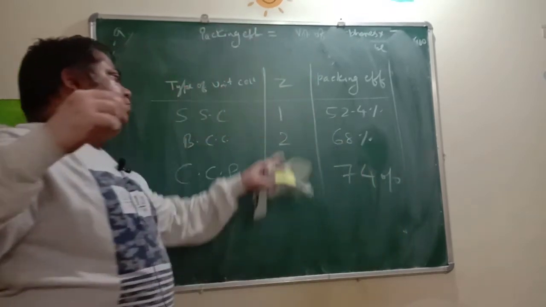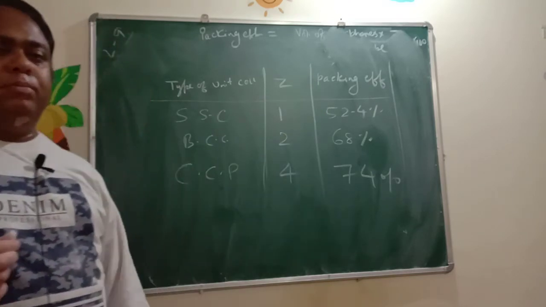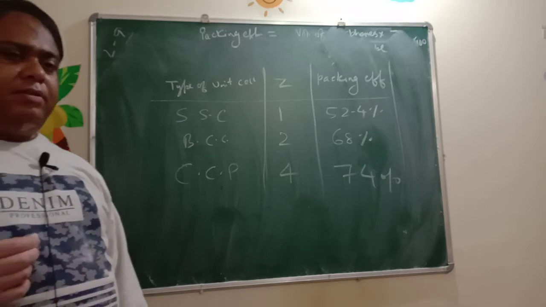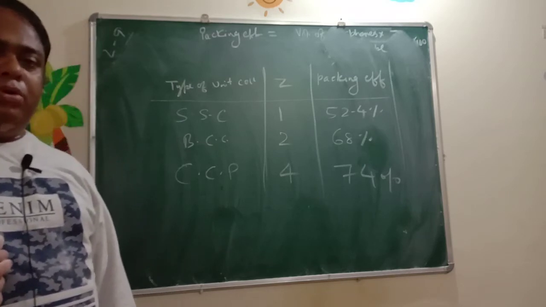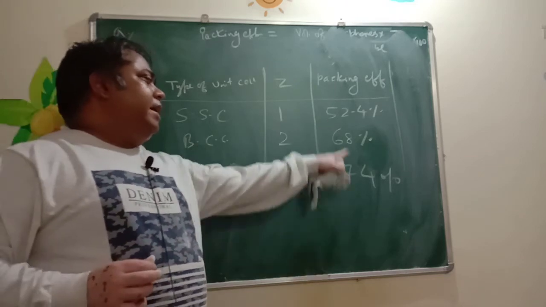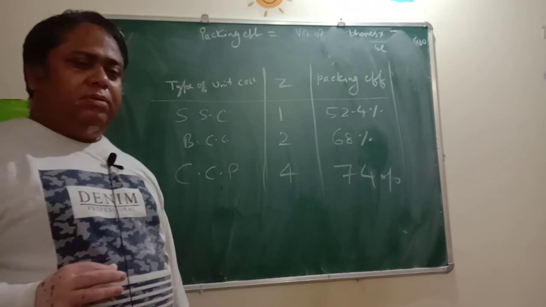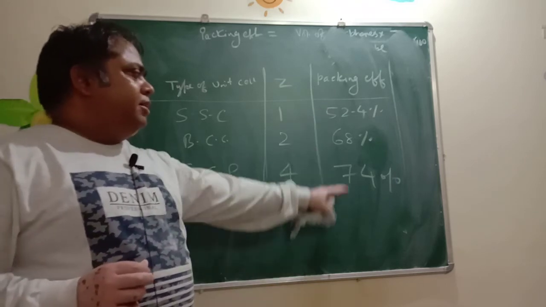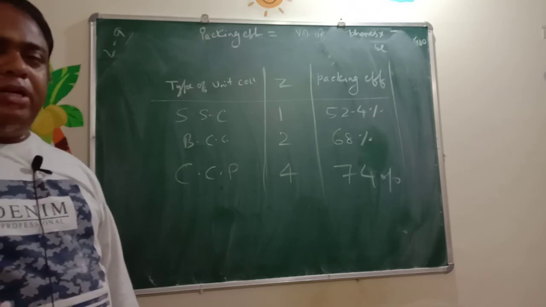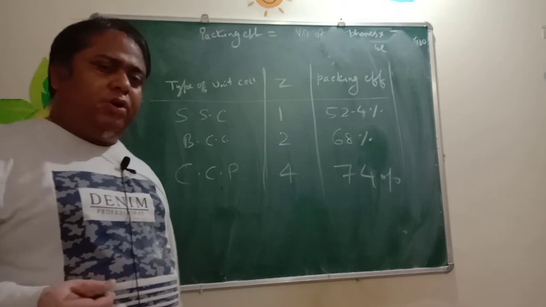So as the number of particles increases, the packing efficiency of the unit cell also increases. You can practice this derivation on your own once or twice, it is simple geometry, and if you can remember these values, you will not require to calculate this, so your time will be shortened. So these are percentages which we should keep in our mind like general knowledge. Once or twice when it is new for you, try to calculate, but after doing it once or twice you will be able to remember this for longer time.